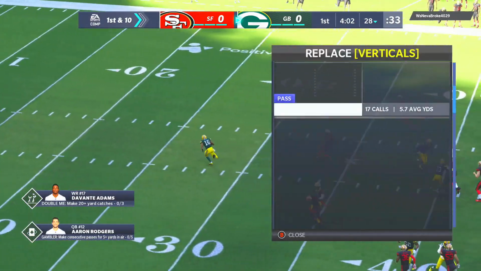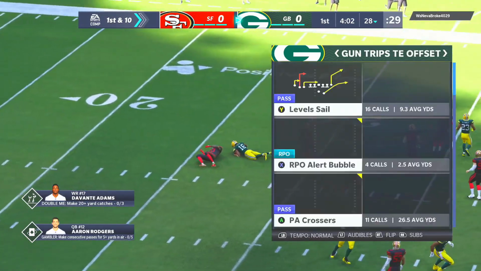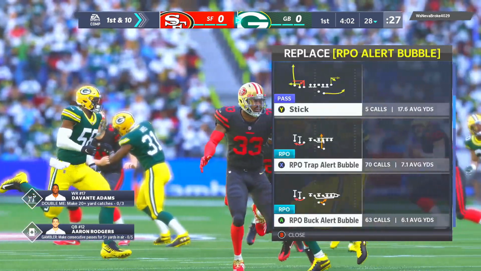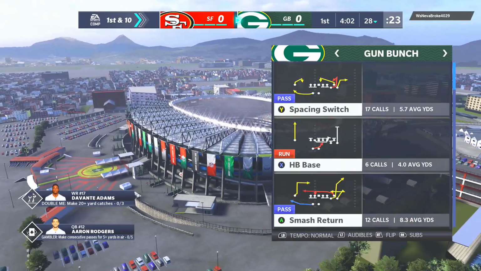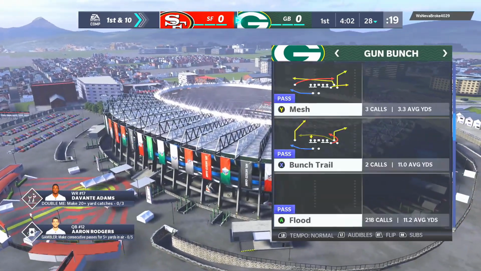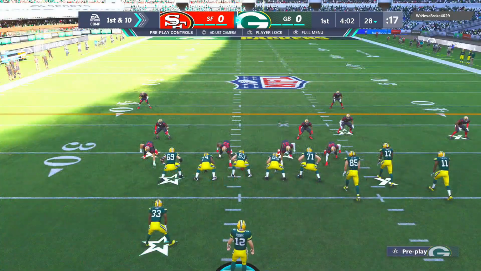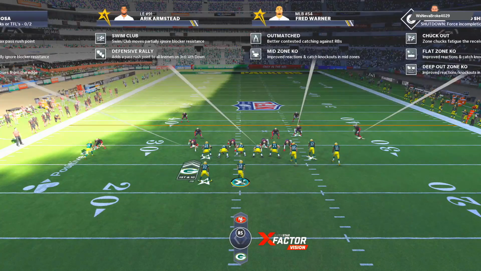So, starting off for offense, always set your audibles. Okay, go through all the formations you anticipate using. In this case, I like to run trips tight end offset for mostly just the RPOs, gun bunch, and then bunch tight end. Now, bunch tight end already has all the audibles I like using. It's just automatically set for me, so that's one less thing I got to worry about. But then also do your personnel as well. No, I'm going to be running flood